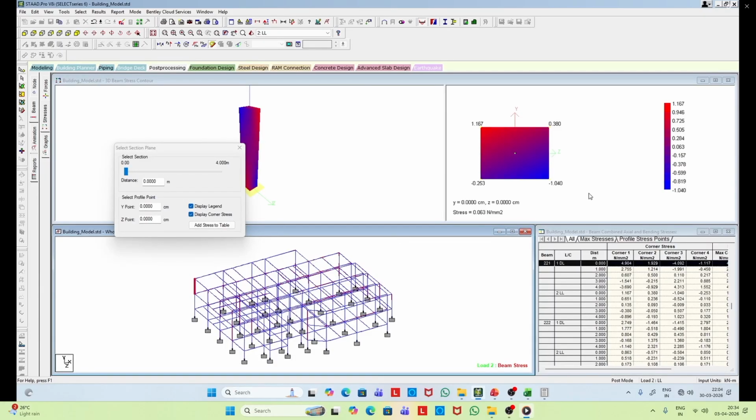Now, stresses are also provided, as you can see. In fact, for each and every beam and column, we define the cross section, and for that particular cross section, you can see on the right hand side here the stress values are provided. We can define a particular point, and as you can see, if we change the coordinate, we get the location, and at that particular location, the value of the stress is also shown.